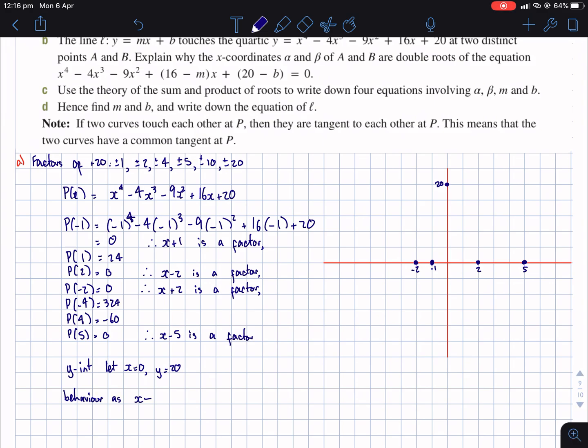as x tends to negative infinity. So what I'm doing is I'm finding out whether it starts down here, whether it starts up here. So I'm going to chuck in any number then less than that. So let x equal, let's just chuck in, well, I've already chucked in minus 4. Y equals positive 324, which means we're starting up here. We're going through, cutting back, going up here, and